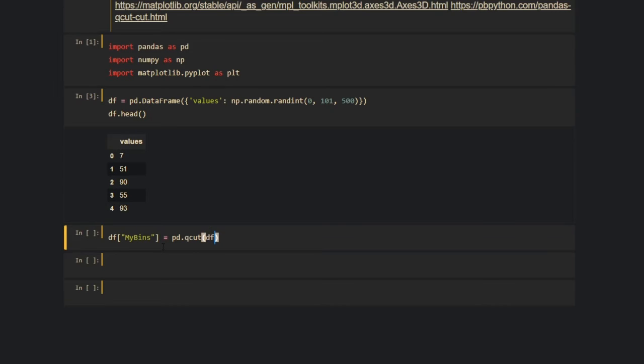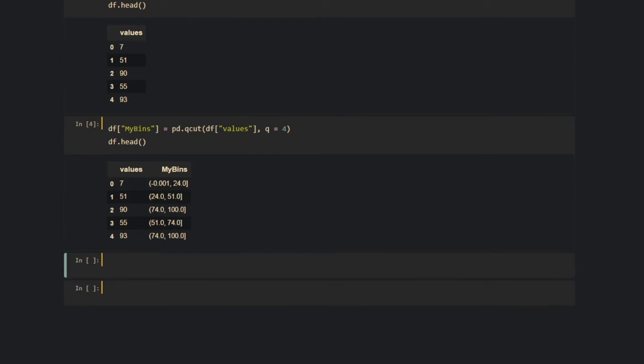But the data frame, or should I say the column we want, is going to be a parameter of the qcut function, and this is going to be my values column. And those values, we want to divide them in bins, and qcut allows us to do that very fast just by saying that the q is going to be, for example, 4. And what this is going to do is check out my values, cut them in 4, and then populate those 4 bins that are even in my data frame with the values that are in there. So let's see what that feels like by calling the head of my new df data frame, and you can see that now